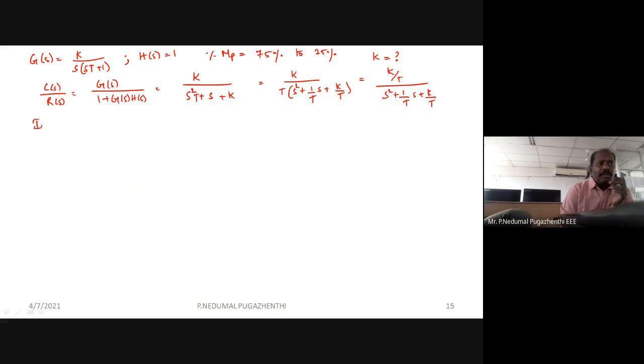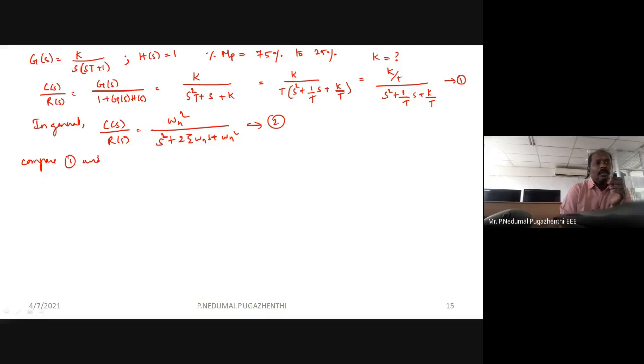But in general, the general form of the second order transfer function will be omega n squared divided by S squared plus 2 zeta omega n s plus omega n squared. Now you compare these two. Let us say this is equation number 2 and this is equation number 1. Now compare